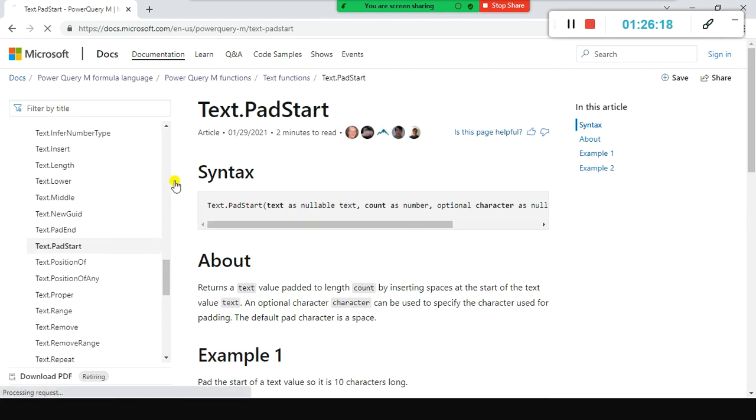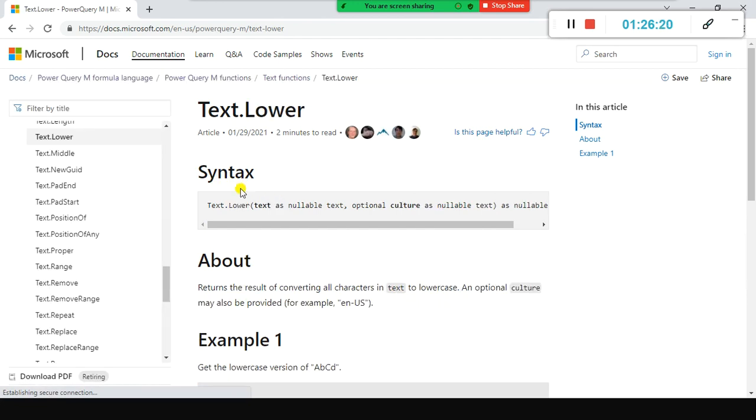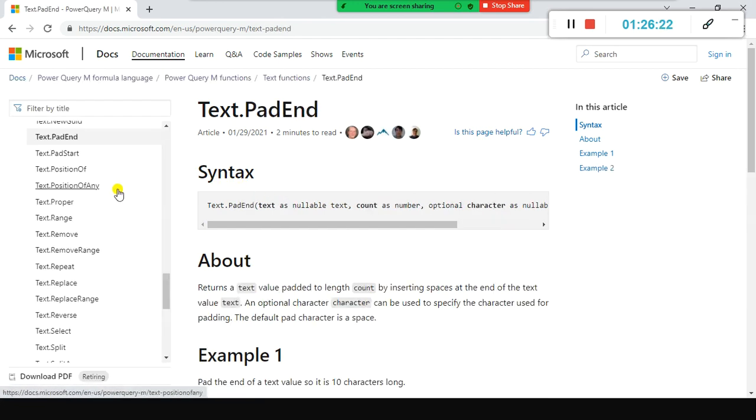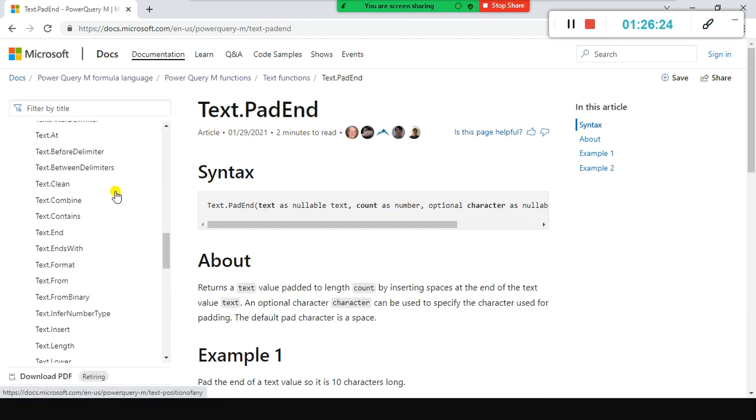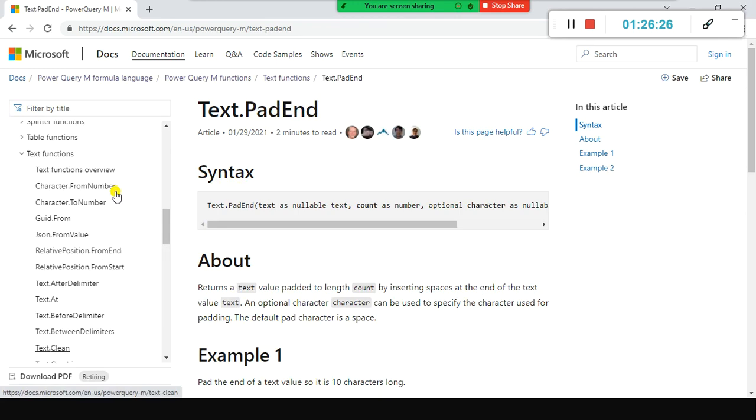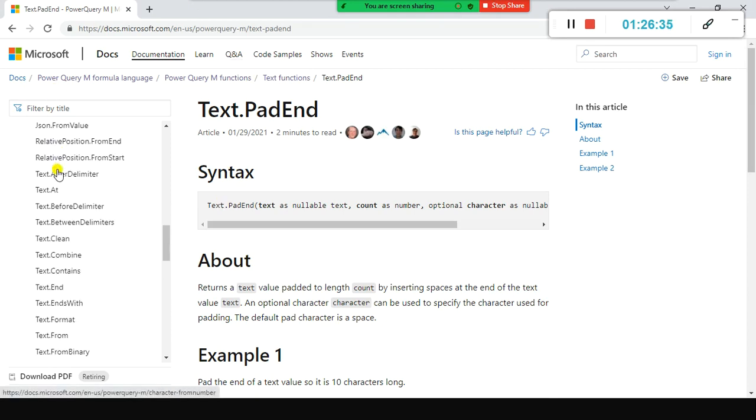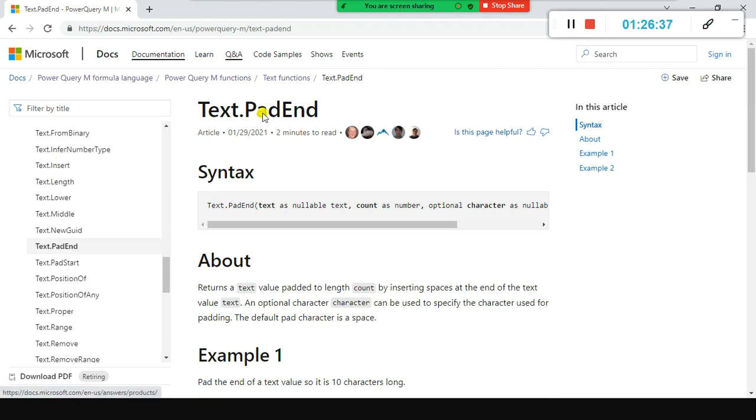One guy simply tried this and sent a message saying he's not able to understand. For text functions alone, hundreds of functions are there. If I try to cover only this, when will I complete all the things? Important functions I will cover, and meanwhile you try to explore everything. The more you know, the more you can handle any kind of problem in real-time scenarios.